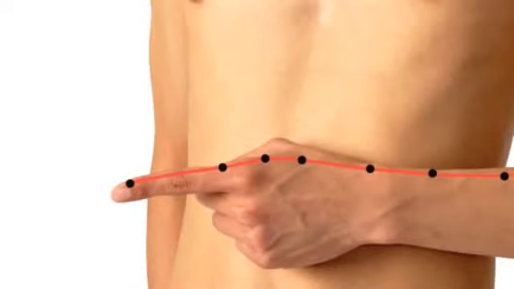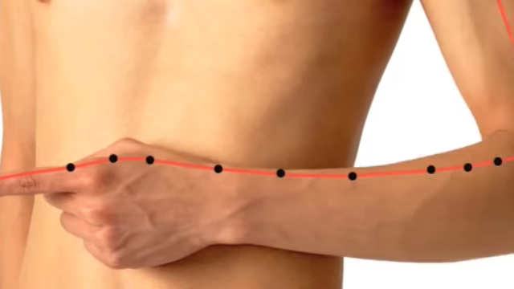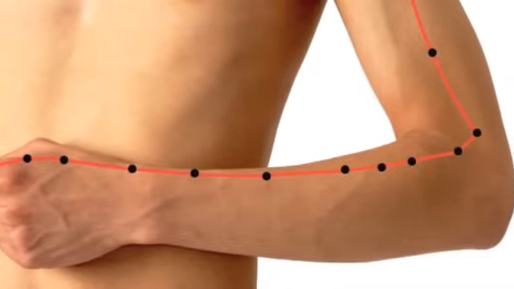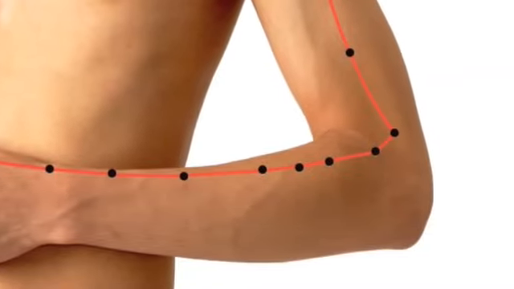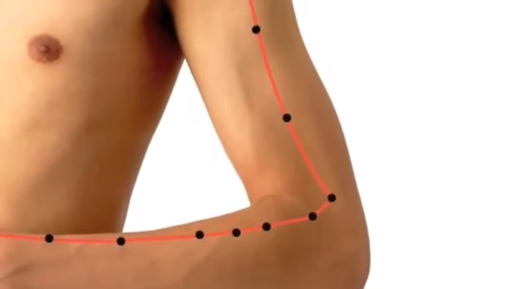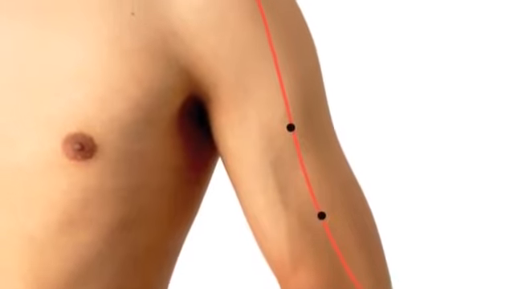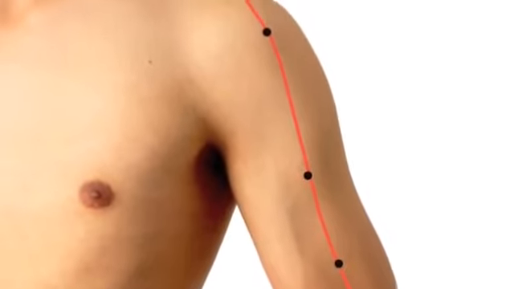The large intestine channel of hand yang ming starts at the radial nail point of the index finger. It ascends the radial aspect of the hand and forearm, passes the lateral end of the transverse cubital crease, ascends the anterolateral aspect of the upper arm, passes anterior and inferior to the acromion process,